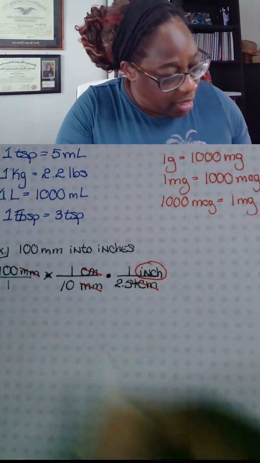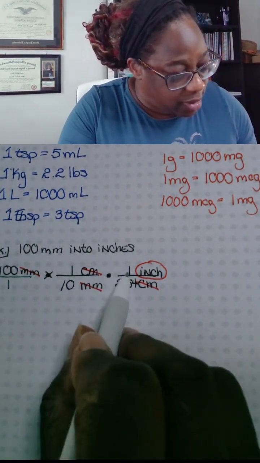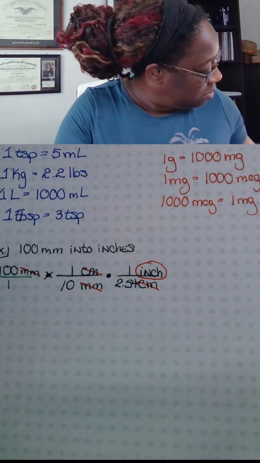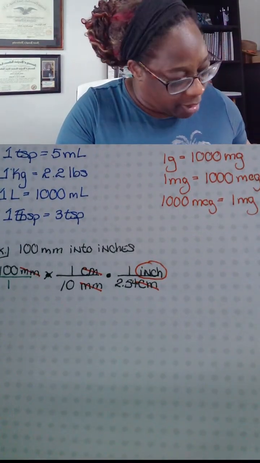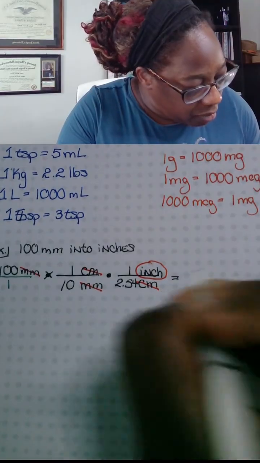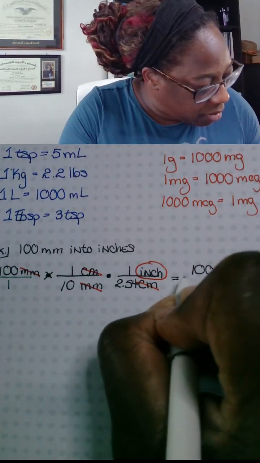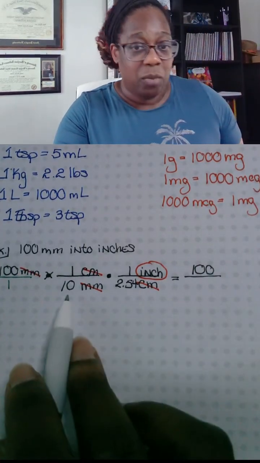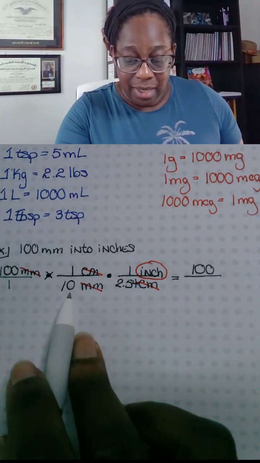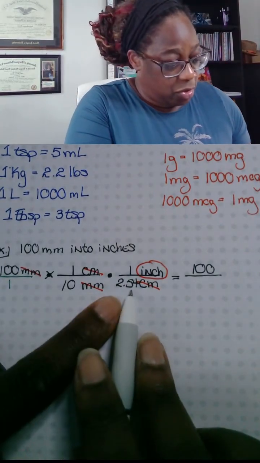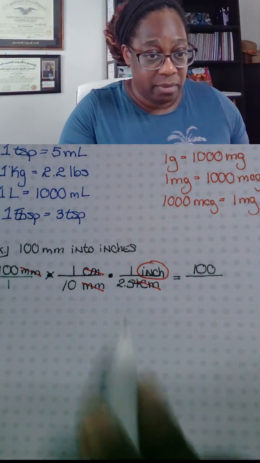So if we got our 100 times 1 times 1, where's my black one? Here it is. This is going to give me 100. And then when we have 10 times 2.54